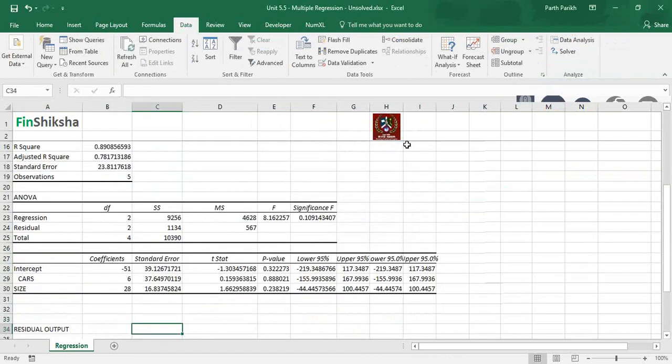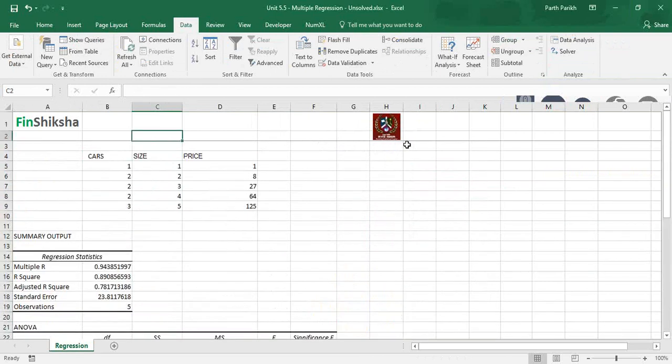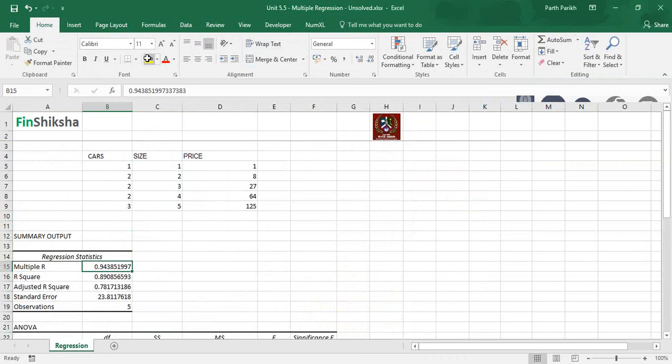Now you can see that surely there is a high correlation between the price, cars and size. Correlation is very high. Even the R square suggests that 89% of the time you will be able to predict the price accurately with the inputs, which are cars and size.